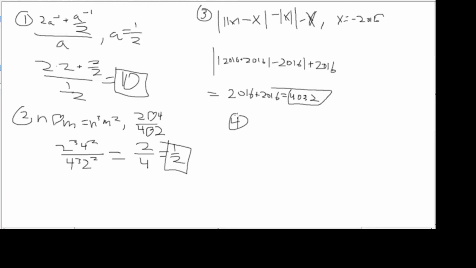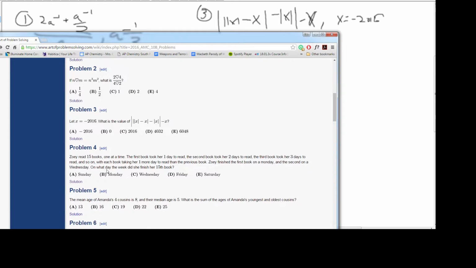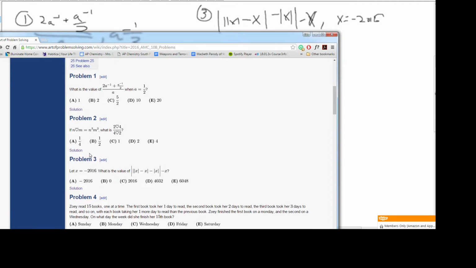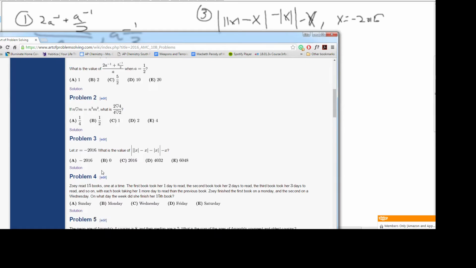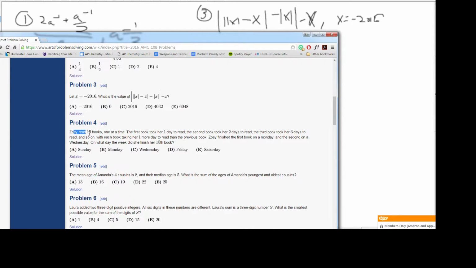Alright, number 4. Forgot which one. Oh yeah, so this one I might need to explain because it's a little bit harder. It's a lot harder than all the rest. So we're going to be doing problem 4. Zoe reads 15 books one at a time. First book took her 1 day to read, second book took her 2 days to read, third book, and so on. So it's just an arithmetic